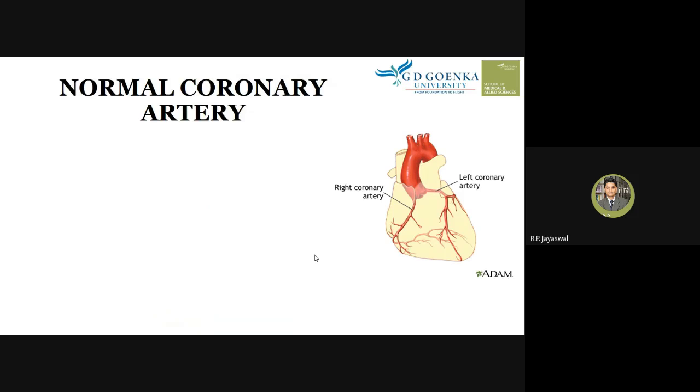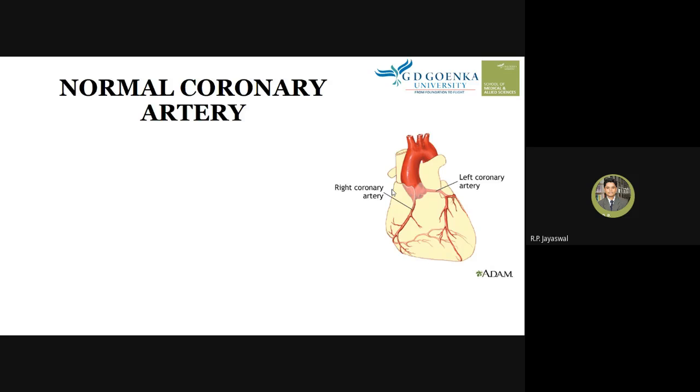Here we are going to learn that in the normal heart we have two coronary arteries actually, the left coronary artery and the right coronary artery. The left one supplies blood to the left chamber of the heart, whereas the right coronary artery supplies blood to the right chamber of the heart. This coronary artery is the artery which supplies blood to the heart itself. An artery is a blood vessel that carries oxygenated blood. It has pure blood.